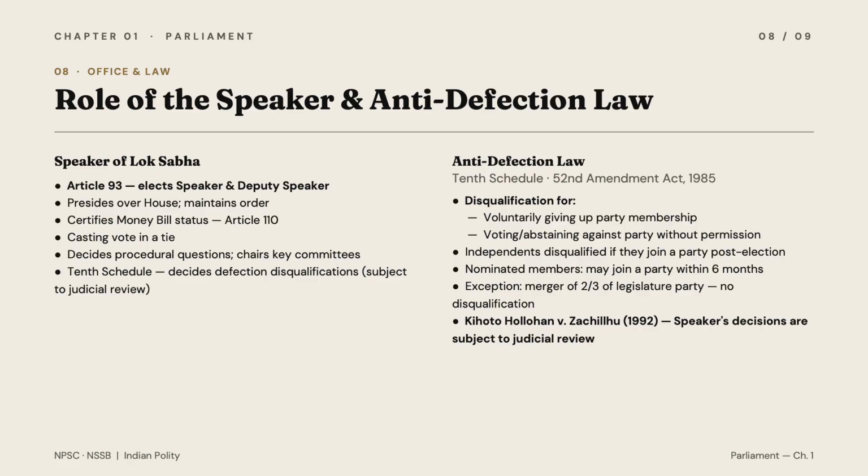And 10th, you look at the 10th Schedule, the Speaker decides the defection qualifications, which means it is the Speaker who decides, right, whether the punishment should be given to someone, a politician, a member of Indian Parliament who has defected to another party. Okay,